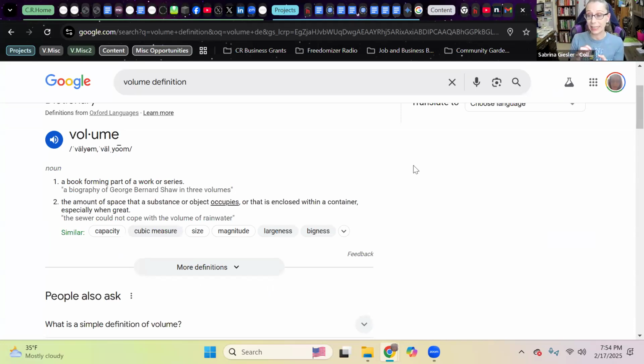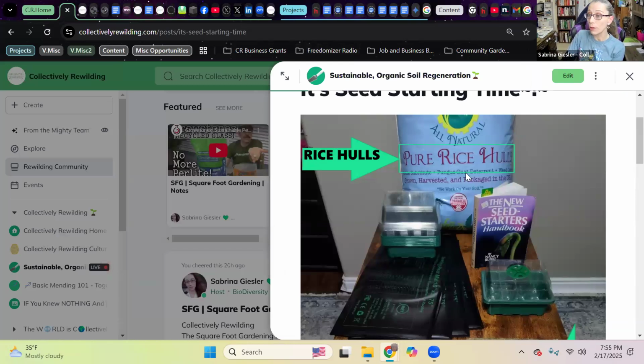You don't want to compact this stuff, so you want it to be kind of loose, and you want each one to be in equal parts. So if you put in a bucket this size of compost, you want to do an equal bucket this size of rice hulls or grow stones, and then again, an equal bucket's worth of sphagnum moss. In all reality, you're probably going to be dealing with bags, such as those that we showed for the rice hulls, and you're going to have to eyeball it a little bit.